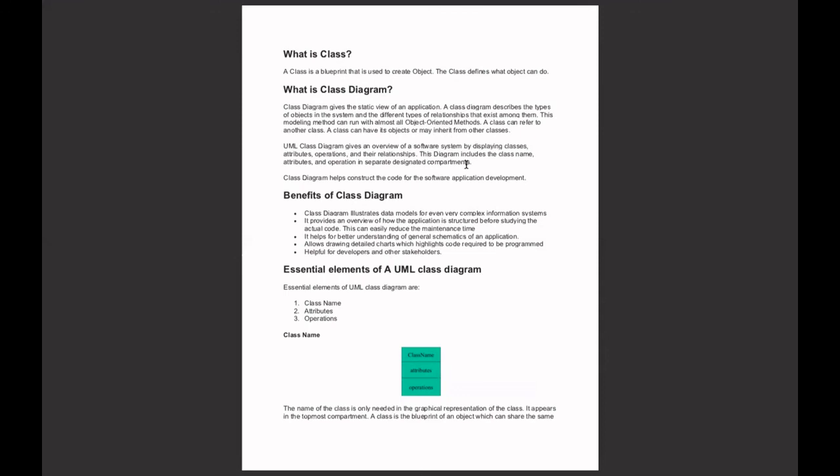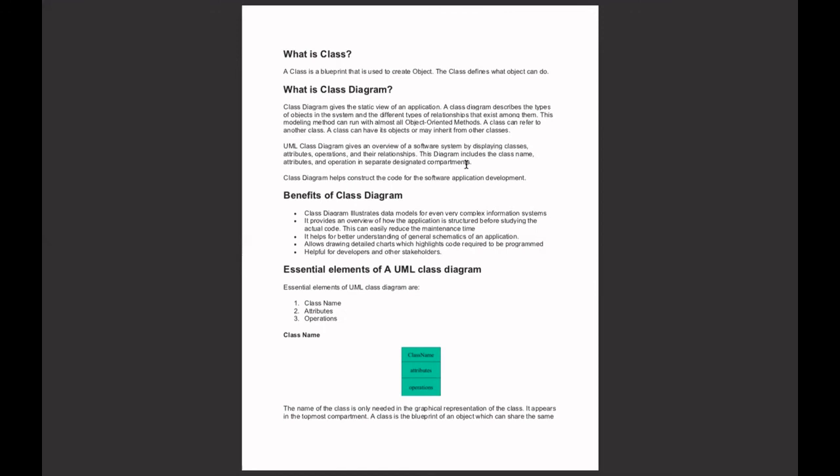A UML class diagram gives an overview of a software system by displaying classes, attributes, operations, and their relationships. This diagram includes the class name, attributes, and operations in separate designated compartments. A class diagram helps construct the code for software application development. A class diagram describes the types of objects in the system and the various kinds of static relationships that exist among them.